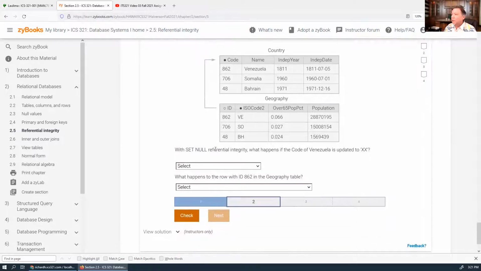Next, with set null referential integrity, what happens if the code of Venezuela is updated to XX? Okay, so this is up. This is updated to XX. All right. Okay, so that's updated to XX. With set null referential integrity, what happens if the code of Venezuela is updated to XX? I don't know. I guess it's